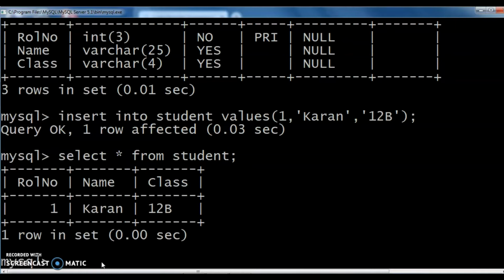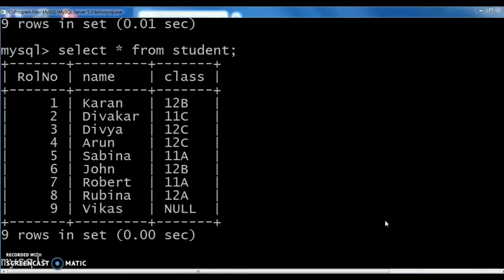I inserted 9 records to this table student with this insert query. Then I used select query with a star. Star for what? All the field values I want to see. So I used select star from student.